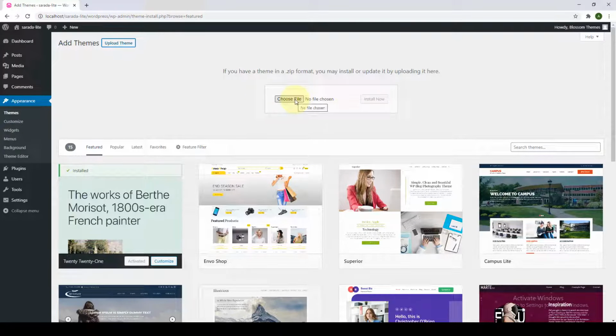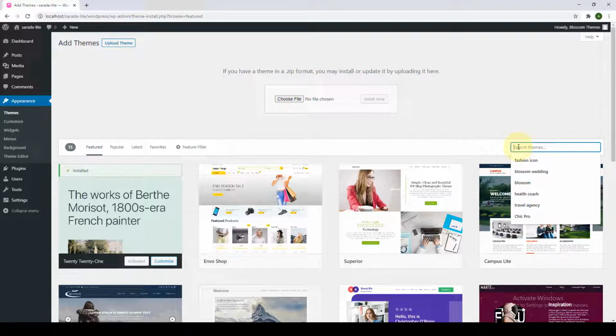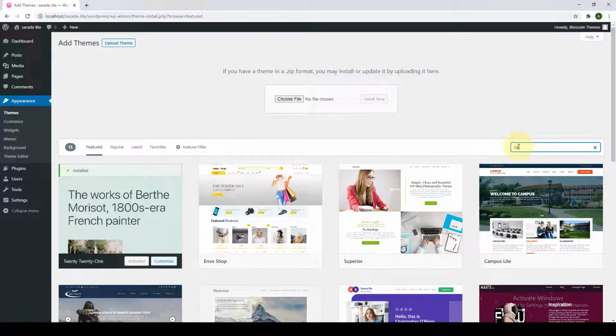Here you can either click on Choose File and select the file that you received in a zip format, or you can also drag and drop it. Alternatively, there is also another way, and that is even easier. From the search bar, just type in Sarada Lite